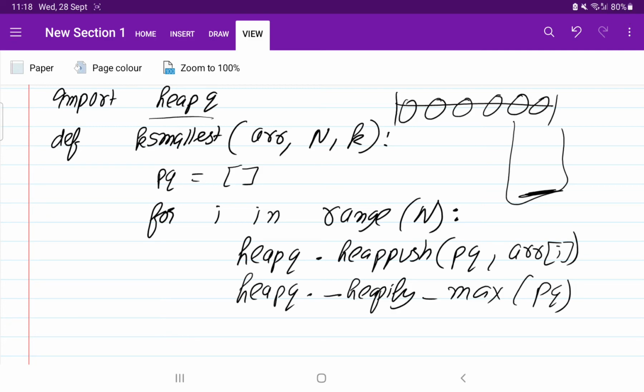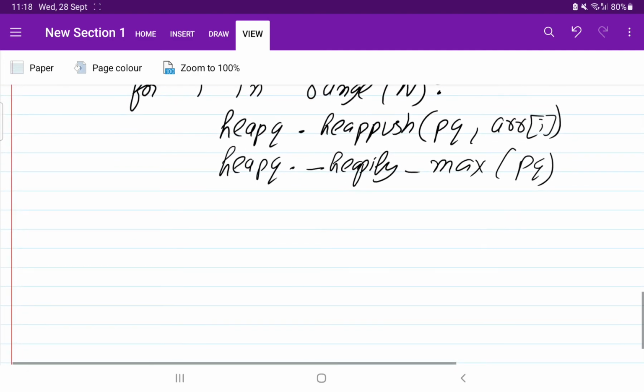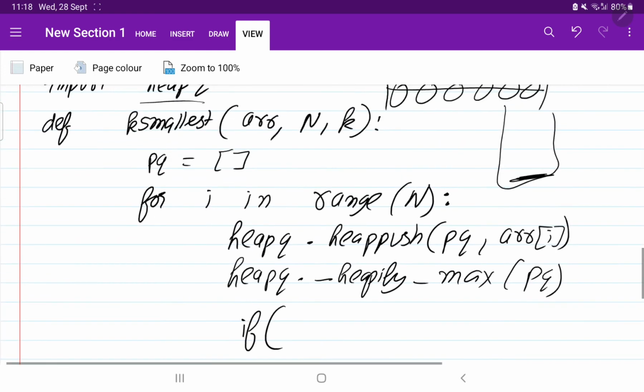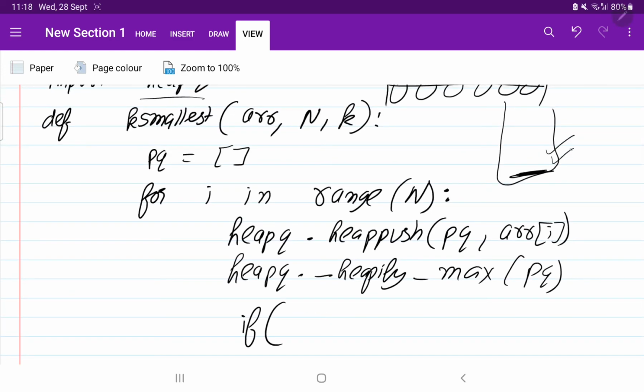Now we need to check whether the size of this heap is greater than k or not. So we compare the length of pq: if the length of pq becomes greater than k.